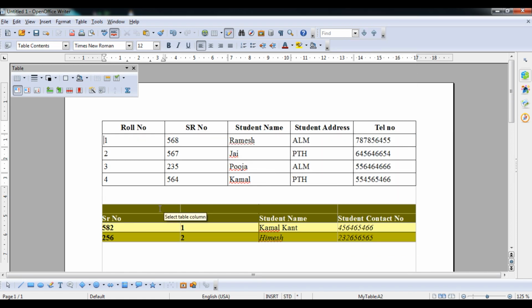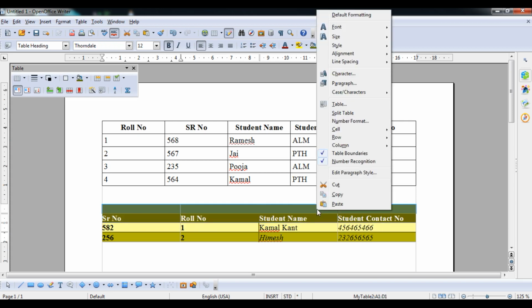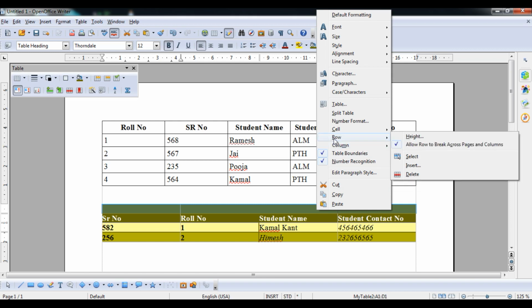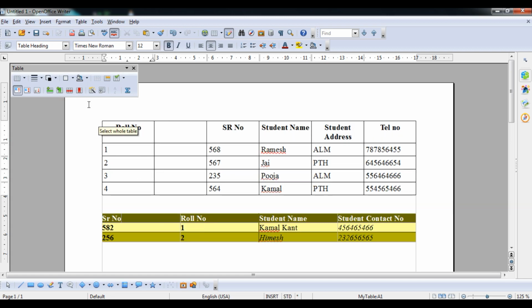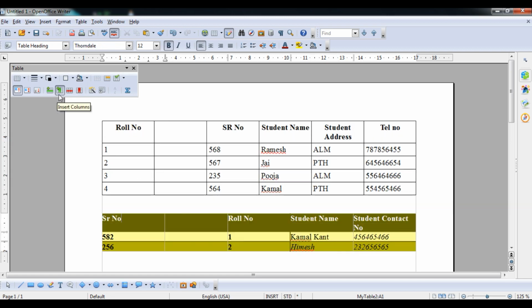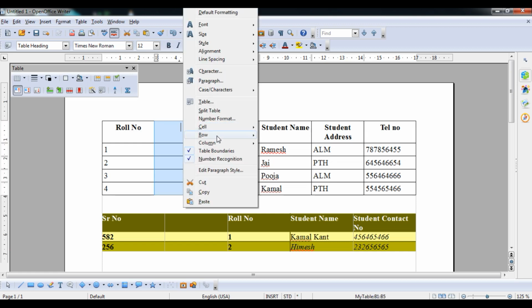In the same way, you have to select this particular cell, I mean row, then right click on this and select the row, and then delete it, so it will delete this. Okay, in the same way, if you create a wrong column by mistake, I am going to create a column like this. It doesn't matter where I create it, because we have already learned how to insert the column before or after. So how to delete that, you have to select this particular column, then right click, and then go to column and delete it.